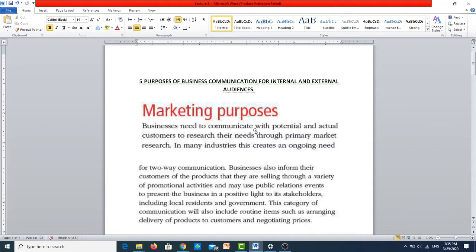So you may already know what is internal and what is external. Internal is the people who work with you within the business, and external are the people who work outside the